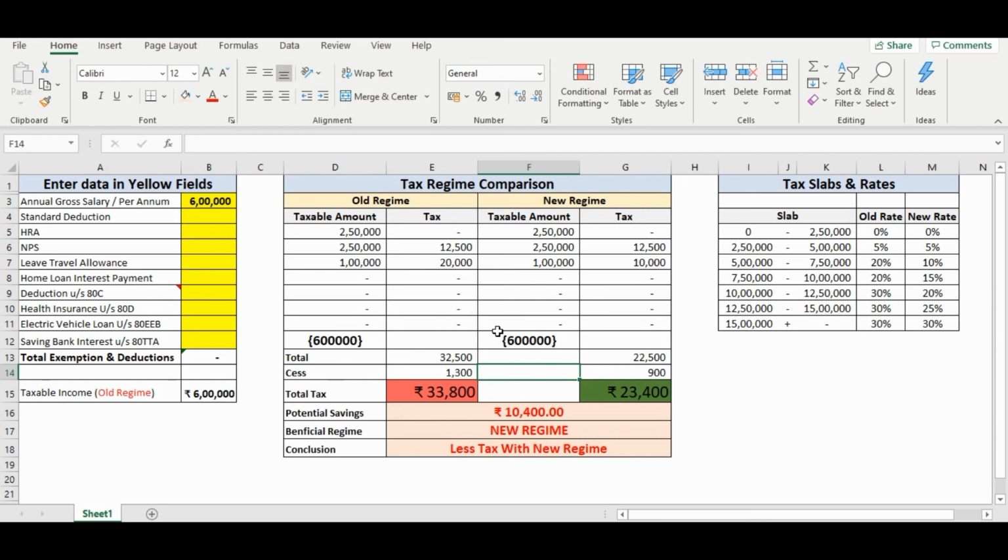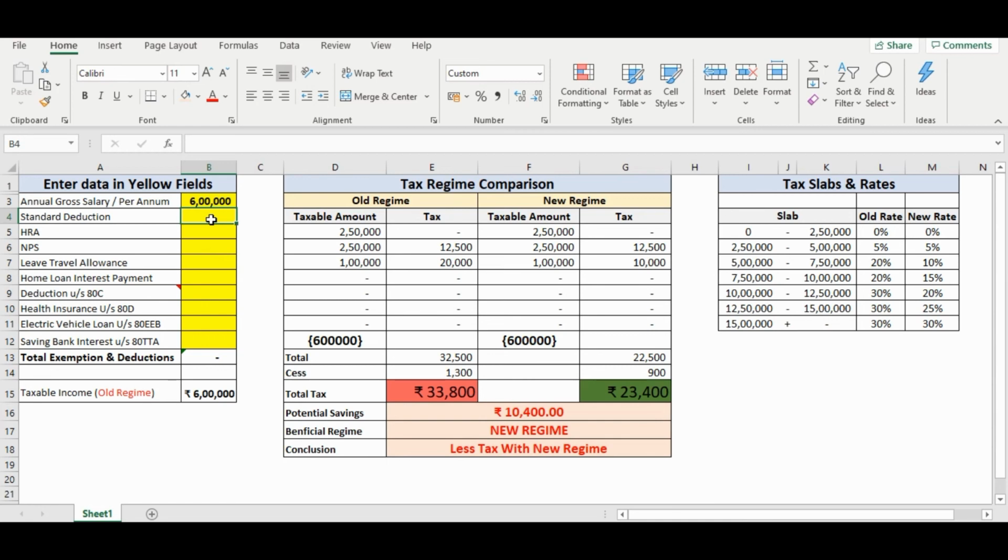Now let's do some testing and find out whether our worksheet is working fine. So in this case, clearly you can see that if the salary is 6 lakhs and without any deduction, we should always choose the new regime because we can save some tax money over here. Let us see what happens if we have already made our investments and we intend to claim the deductions. So let's put some figures here.